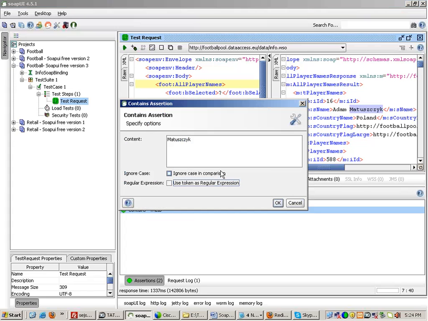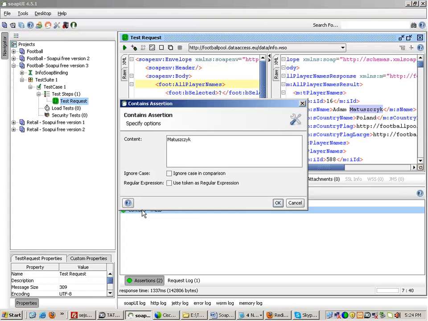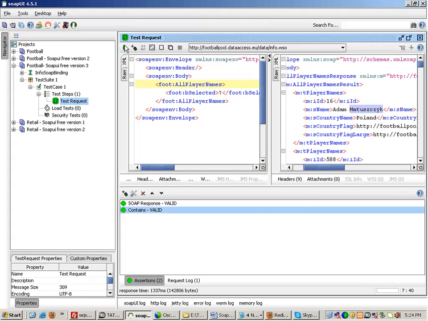Just watch the complete module. In the end, you will come to know what I'm trying to say. So this is the content, and you can click on OK. So this assertion is in green. It is passing. Suppose I now run this, the response will come, and both these assertions will